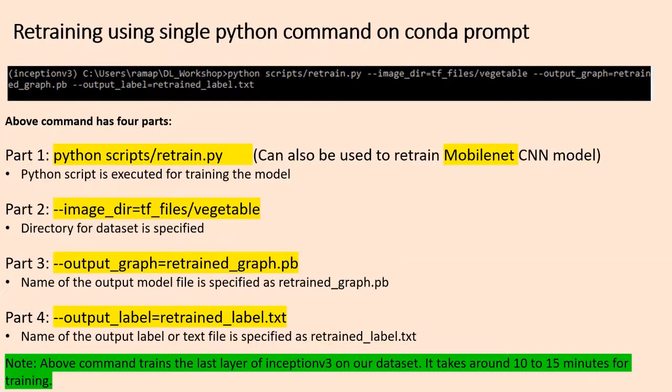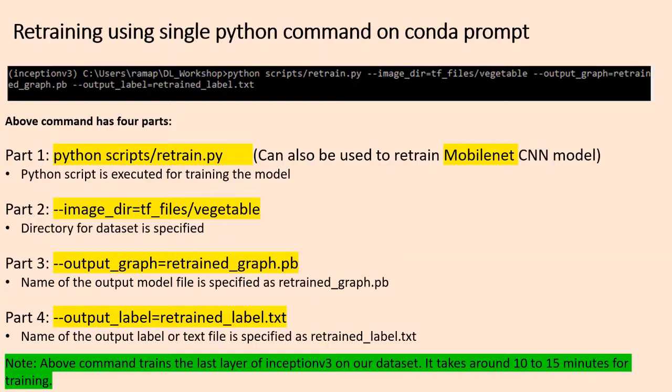I have specified it here, and also the output arguments are to be specified, because this training creates two output files, so I need to specify the names for those files. retrain_graph is one of the files, which is nothing but the output graph, and similarly retrained_label.txt, which is nothing but the output label.